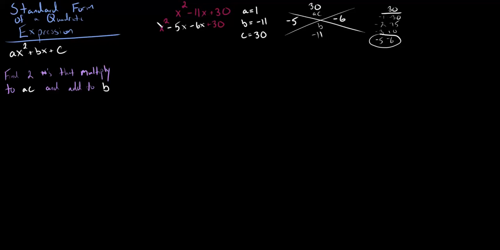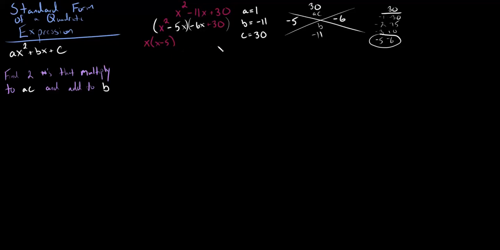We have to go ahead and actually do what we call factor by grouping, because we group our first two terms and we group our last two terms and we factor. We take the greatest common factor out of each group, okay? And if I look here, between x squared and negative 5x, all I can do is factor out an x. That leaves me with x times